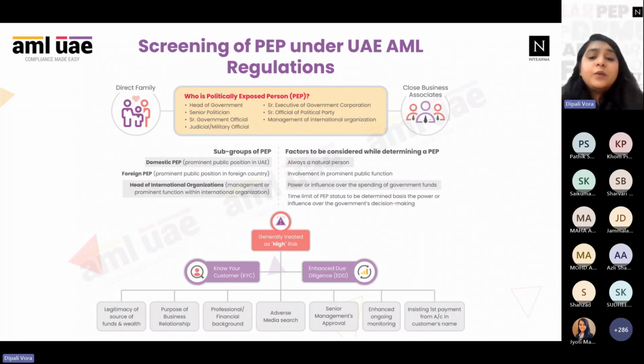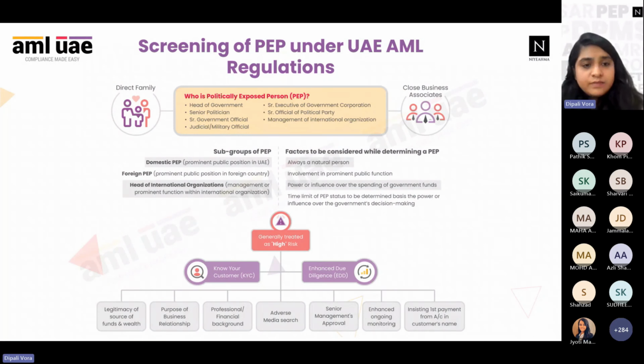So when you are required to conduct enhanced due diligence, there are certain things that you will have to look at. In EDD, we are required to ask for basic KYC documents. In addition to that, we will also seek source of fund, source of wealth. Why is that person coming to us and what is their purpose of transaction? Then what was the professional and financial background of that person before he became the PEP and currently? So if you research about that, you will get to know some information about that.